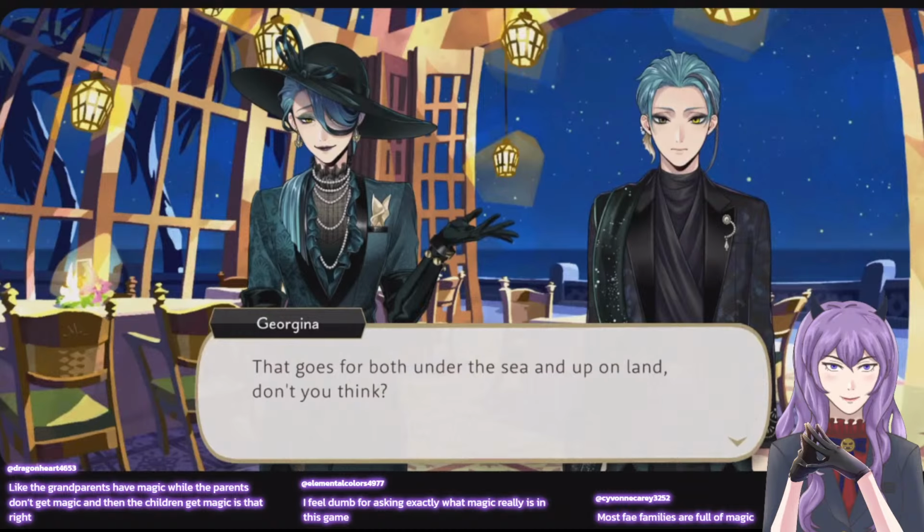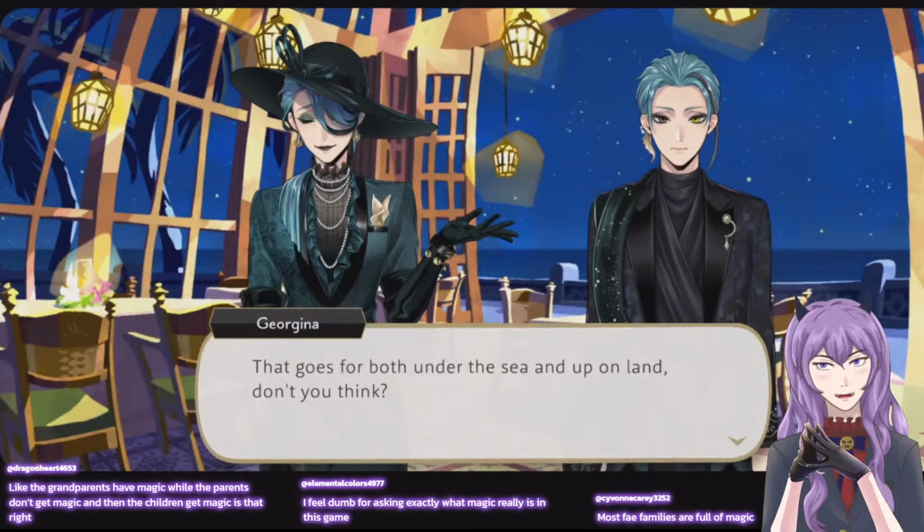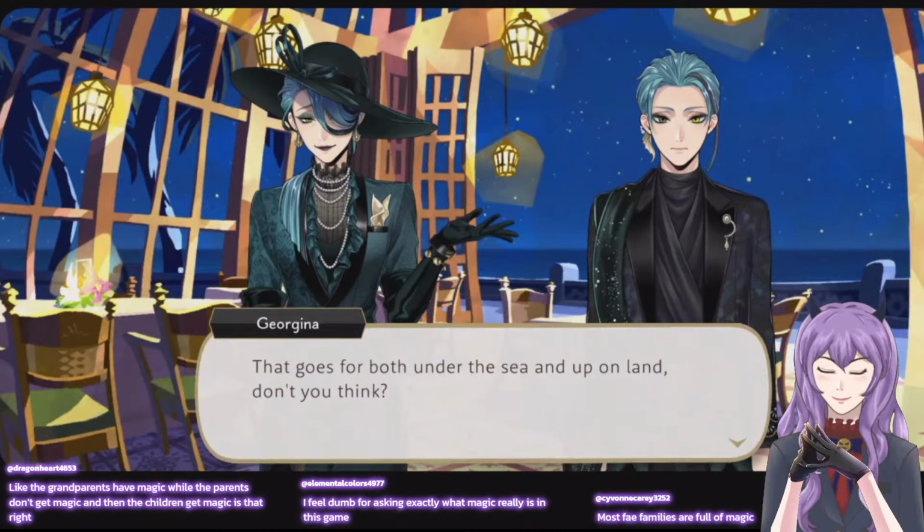Like the grandparents have magic, but the parents won't, and then the children get magic. Yeah, so it can skip a generation. It has happened a bunch of times in this game, because I think a lot of the cast members just don't have parents who are magic users.